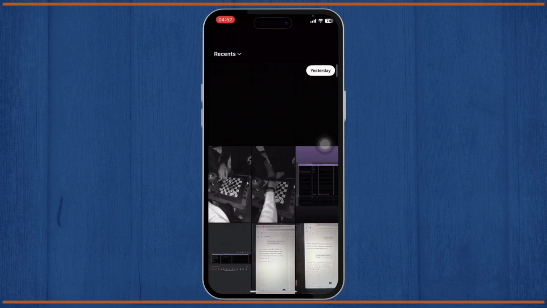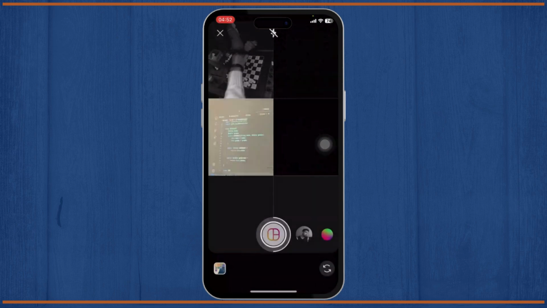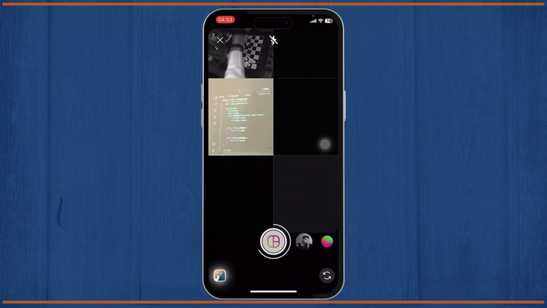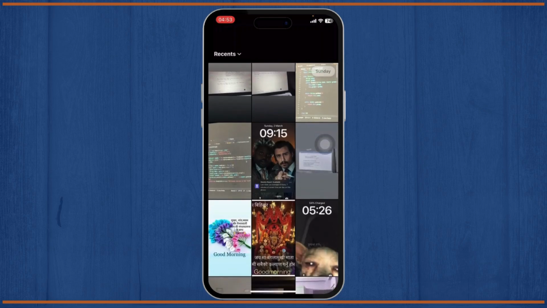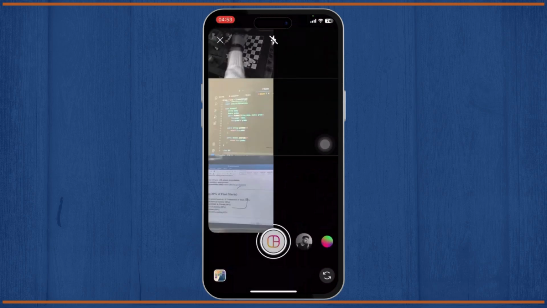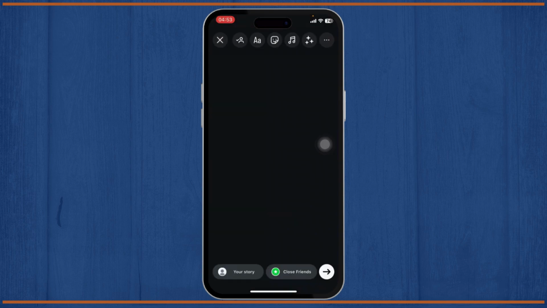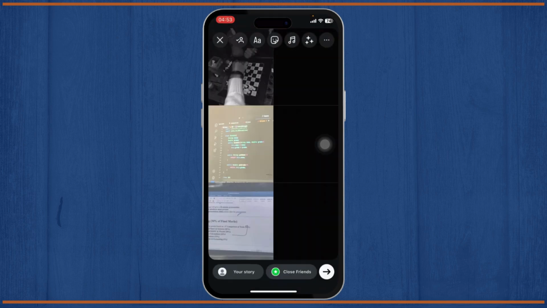You can choose from the gallery as I said earlier, like this. And yeah, you can keep on taking pictures, choosing from gallery and stuff like that. So I'll just do that here. Yeah, after you do that, you can simply tap on done here and tap on the stickers icon on the